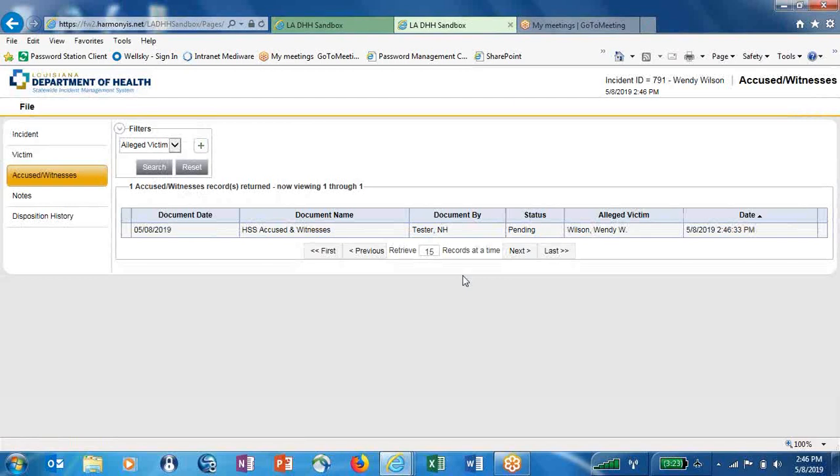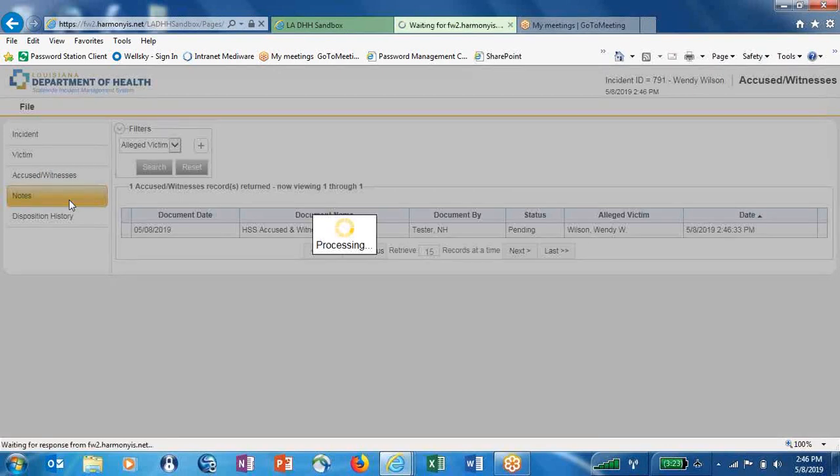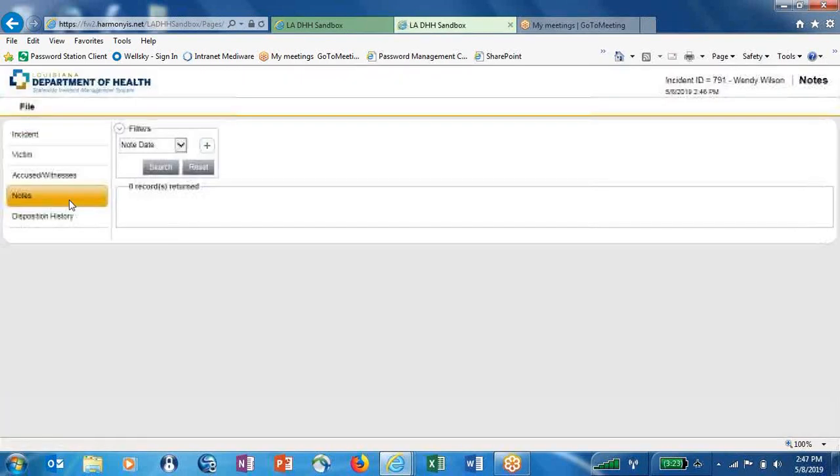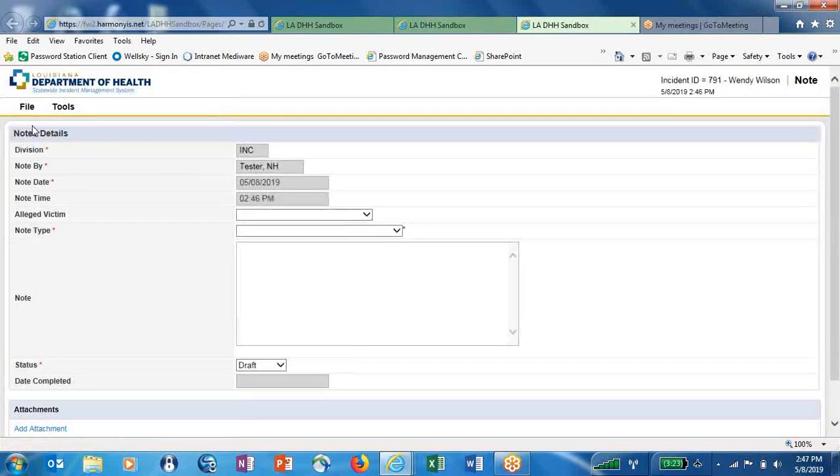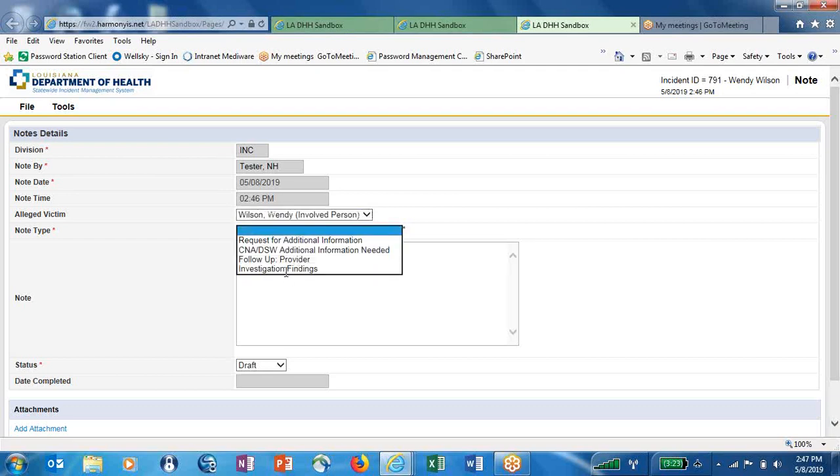The next step is entering the investigation findings. You'll click on the Notes subpage and select Add Note from the File menu. The Note Details page will display, where you will first identify the alleged victim, and then for the note type you will select Investigation Findings. You'll enter your findings in the note text box,